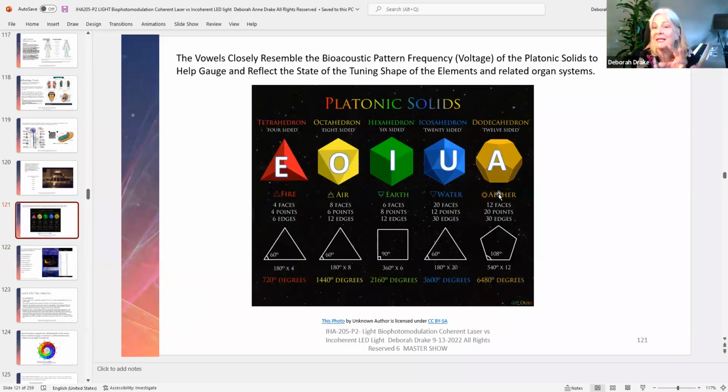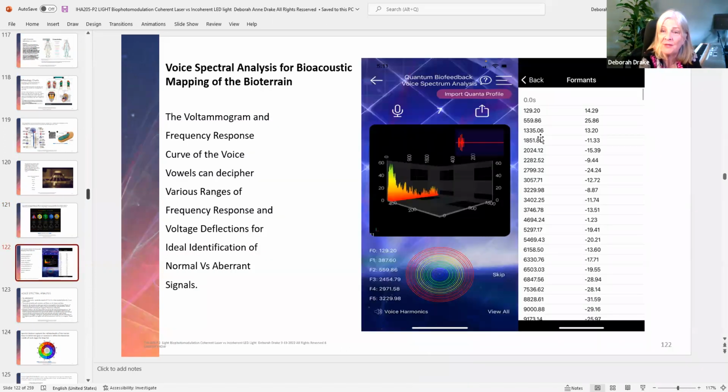So you would have an electrical injury in your ethers if you were starting to say A, E, I, O, U, but every time you said the word A, you go, A. And you're graveling and the computer picks up an invader virus in your nervous system. So that's the precision, with 6 decimal places of accuracy, that the Genius voice print can determine which of these bandwidths are sticking out like a sore thumb or missing like a deep well that shouldn't be empty.